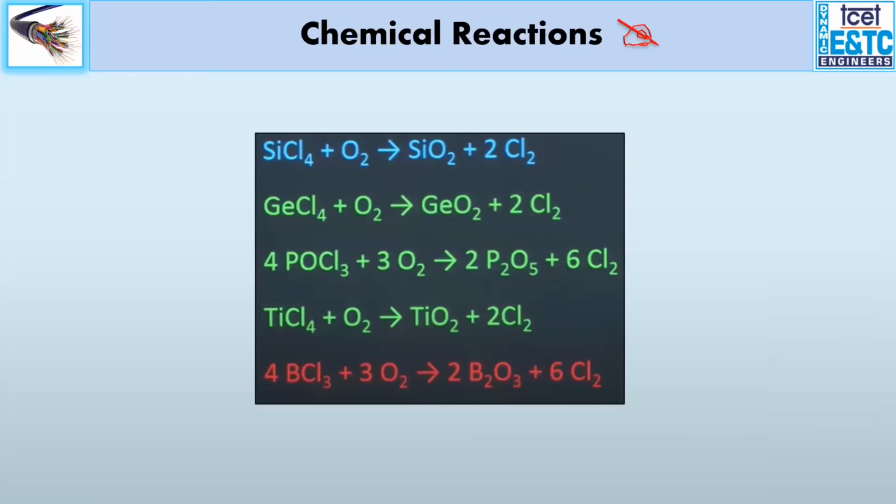So the chemical process that we will majorly use to make a fiber is silicon chloride. That's a base material, or germanium chloride, the glass material. The chlorides are the base material that can be used. This is the one which is most prominently used. It is SiCl4 plus O2 gives you SiO2, the glass, and this is released as a gas, and similar things happen. So this is the basic chemical reaction that will be taking place. So first thing is you need to take the very pure, purified material.